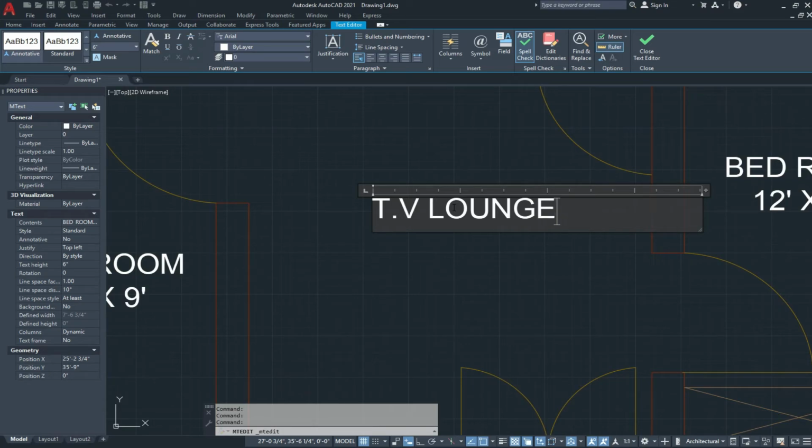Which have the dimension of 10 feet into 9 feet.